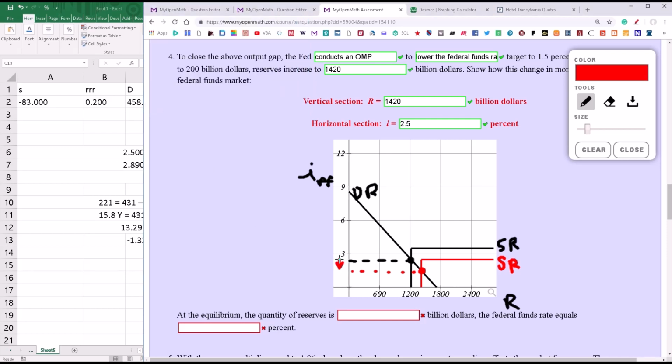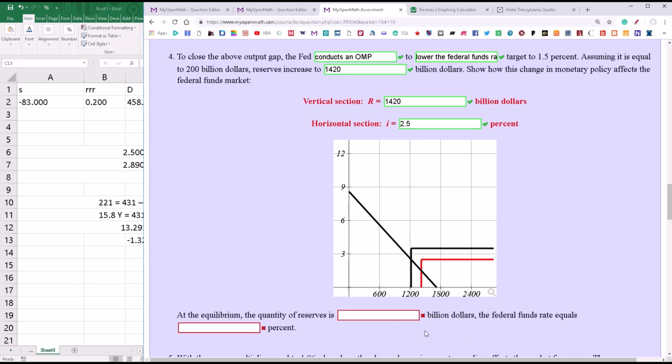So when the Fed lowers the federal funds rate, interest rates generally fall, investment and net exports both increase. Okay, so that's what the Fed's trying to do. We'll close that out. So at the equilibrium, the quantity reserves is now 1420, and the federal funds rate,